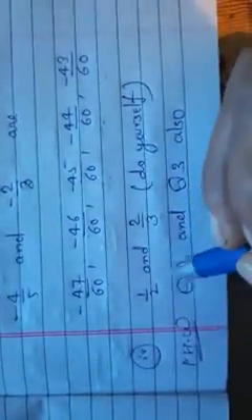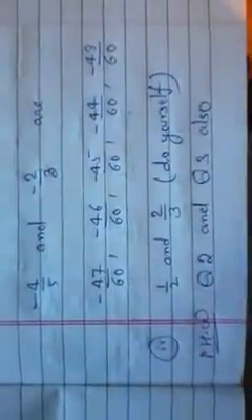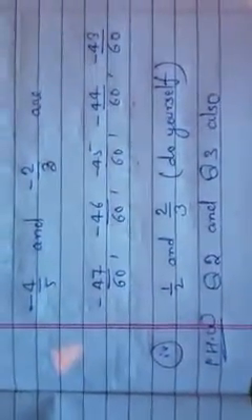So students, hope you understood this question. Now the fourth one you have to do yourself. You have to find 5 rational numbers between 1 upon 2 and 2 upon 3. First of all, you will take the LCM and make the denominators the same, and then you will find the equivalent rational numbers to get the 5 rational numbers between these two numbers. Now students, question number 2 and question number 3 you have to do yourself, as I taught you in the previous class, by finding the equivalent rational numbers. So thank you.